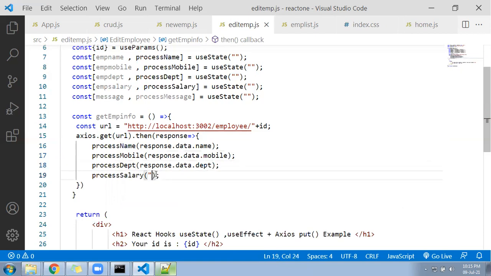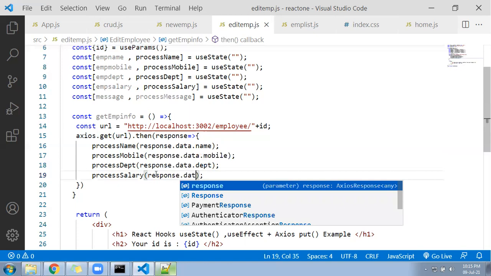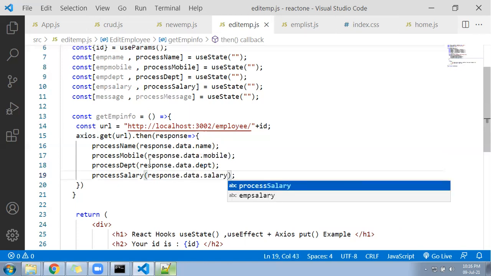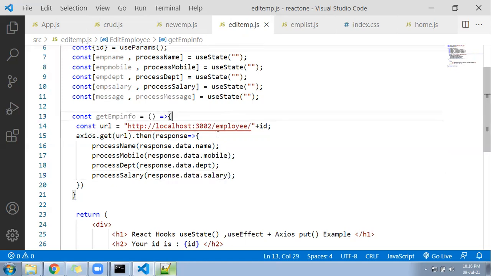Again in the last, response.data.salary. Correct? So all these details will come from the JSON file, and give to these constant functions, and the constant functions will update the variables here.